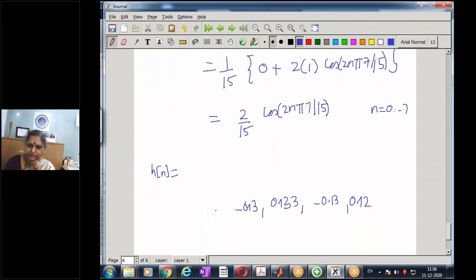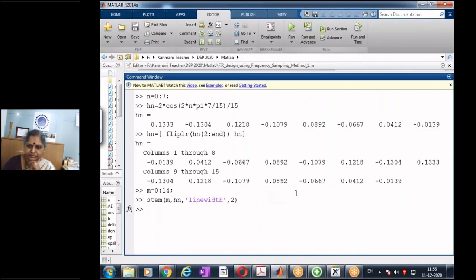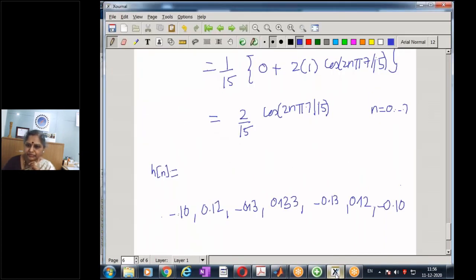a 0.12 and minus 0.10, minus 0.10, and then we have a 0.08 and 0.067, 0.08, 0.08, and then a minus 0.067, minus 0.067,